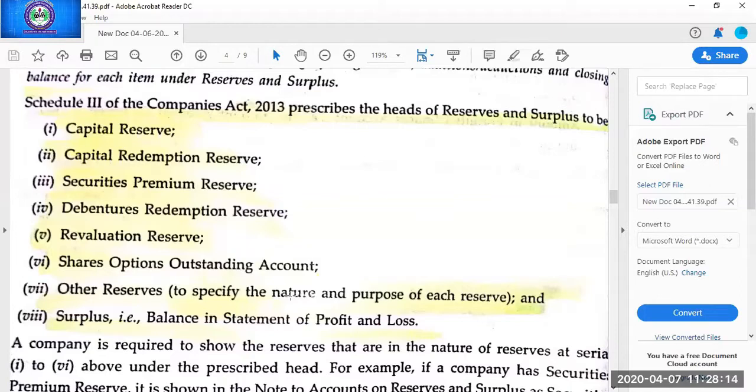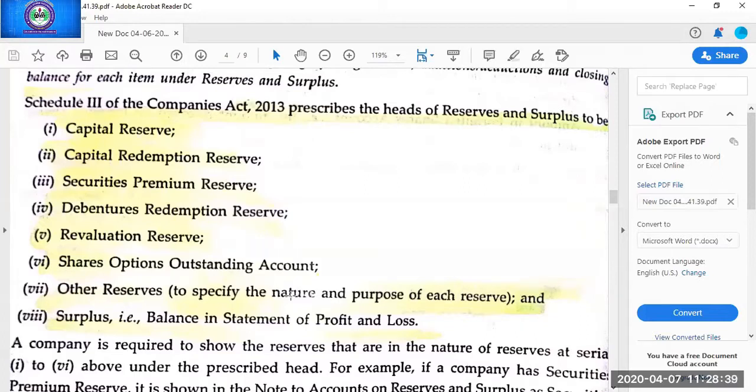Now out of this 60,000, some part of the profit may be distributed among the shareholders in the form of their returns, in the form of dividend. So out of this 60,000, suppose 40,000 is distributed among shareholders. So now what is the left out profit? That is the 20,000. That will be known as the 8th item of this note. That is the surplus. So 20,000 will be kept in the surplus form.